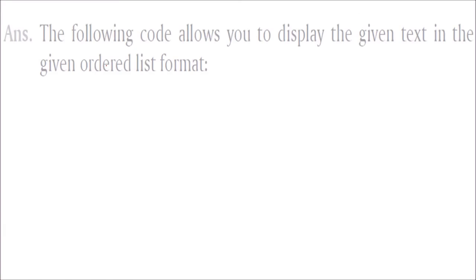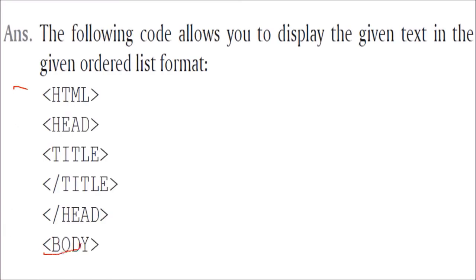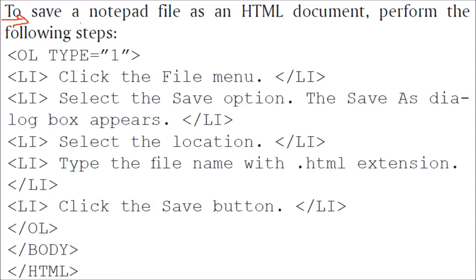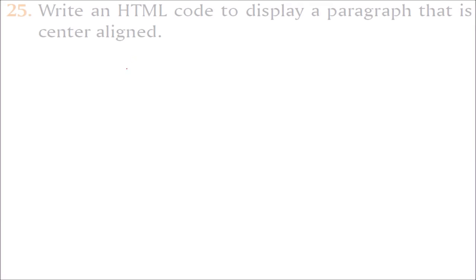Okay, so let us see. Inside this body, you have to start this. So you have written this. We're not formatting it anyway, we are just writing it. Now you have to give an ordered list, OL, type equal to 1, because you want it 1, 2, 3. Inside this list, first content, second content, third content, fourth content, fifth content. Then OL has to be ended. Right? Application based questions and the practical example, code examples.